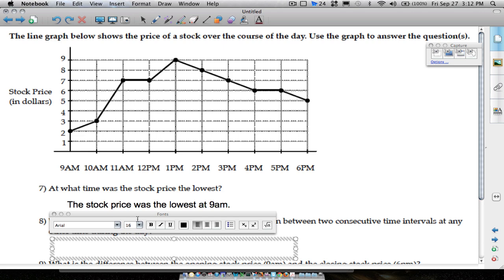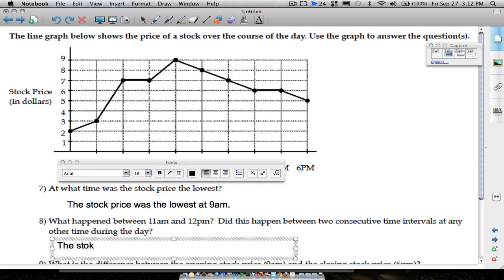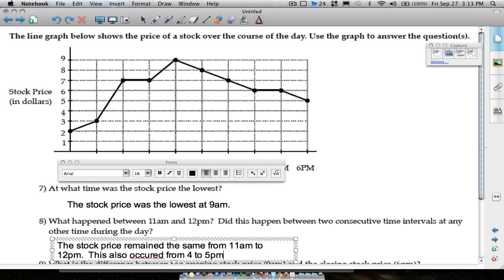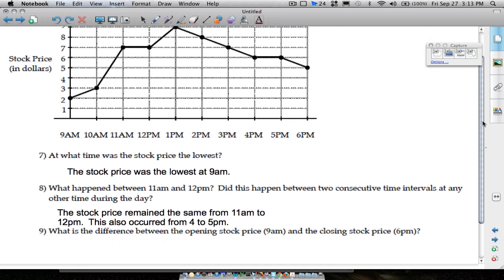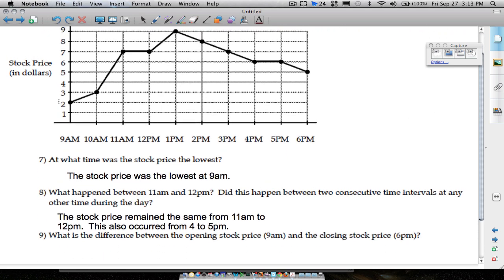We can say the stock price remained the same from 11 a.m. to 12 p.m. This also occurred, I can't spell, from 4 to 5. Two hours. All right, and what is the difference between the opening stock price at 9 a.m., it was $2,